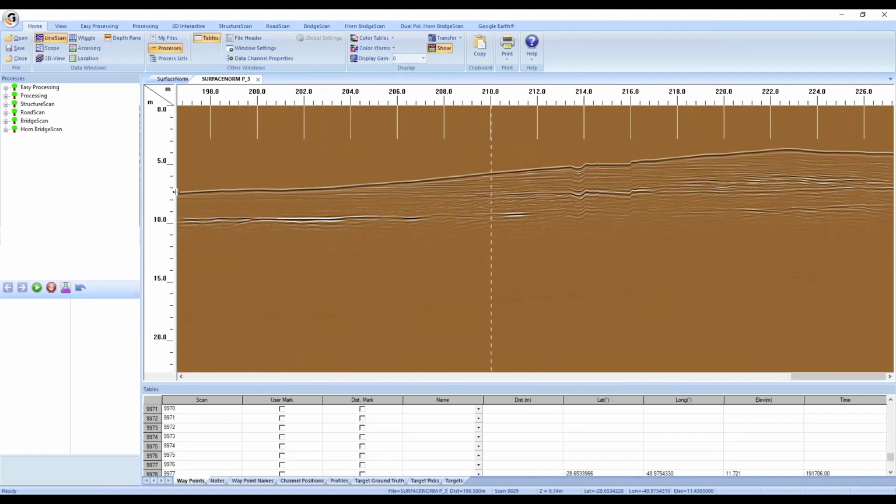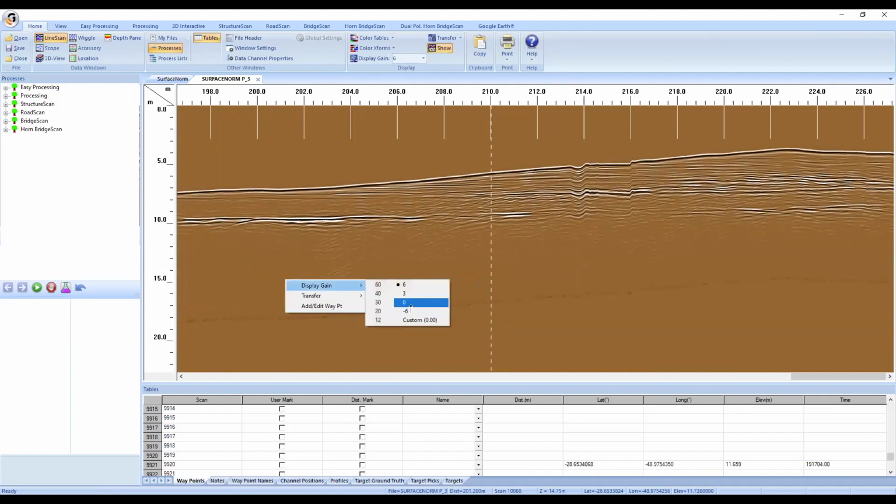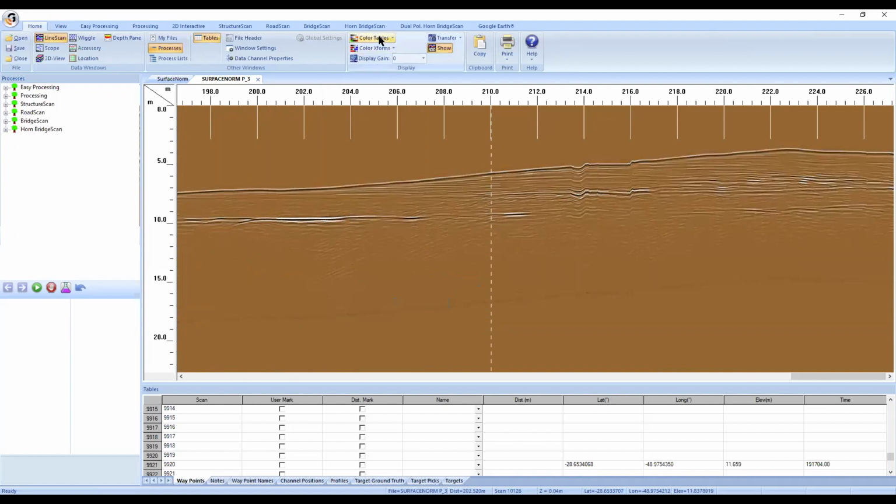You can see the top of the screen pretty clearly as the direct wave moves up and down, this consistent line here. The bottom of the file is a little bit harder to see in some places. It's this slightly darker line here. You can make it more pronounced by right-clicking and adding some display gain. Sometimes adding a little bit more display gain will make this bottom a little bit more pronounced. You can also do it by trying the more